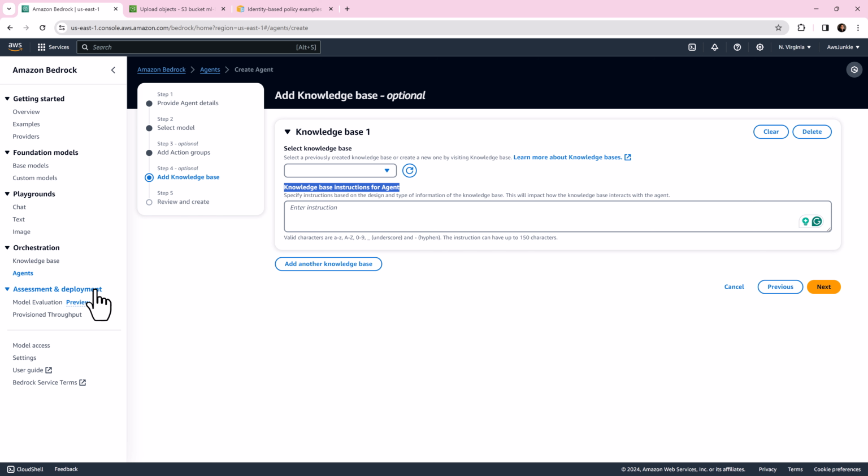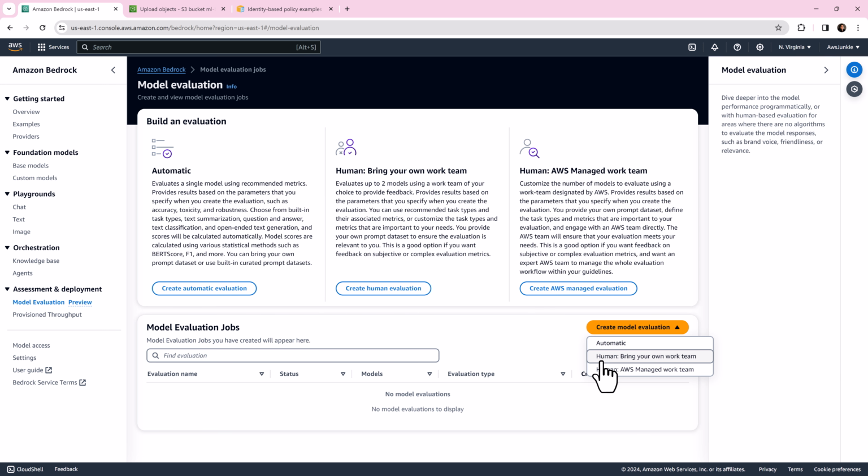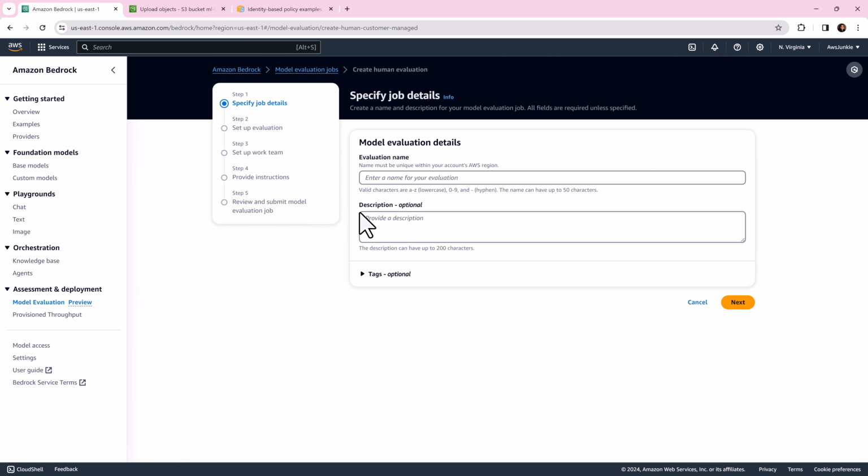Under Assessment and Deployment, click Model Evaluation, which is now in preview stage. Here we can create model evaluation jobs, which are programmatic in nature or with the involvement of humans. Click Create Model Evaluation, click Human: bring your own work team, and here you will find 5 steps to create